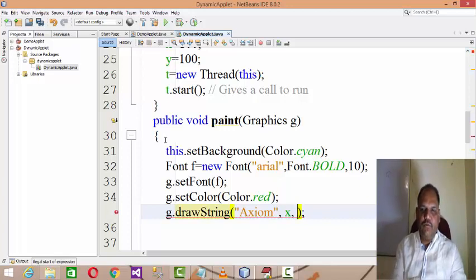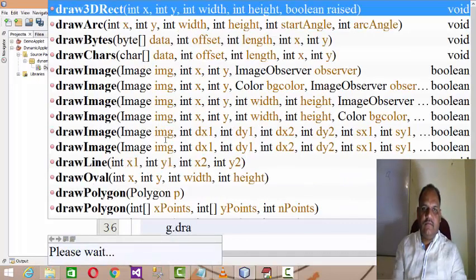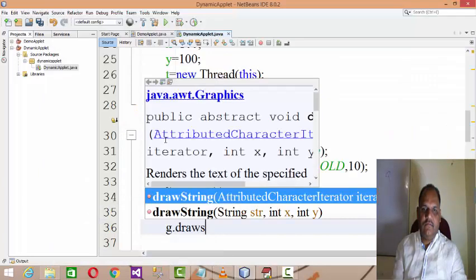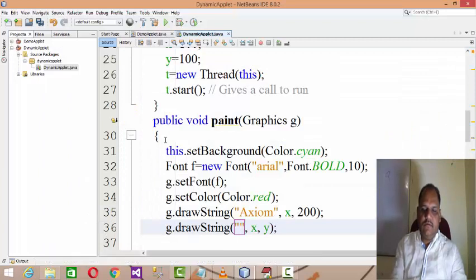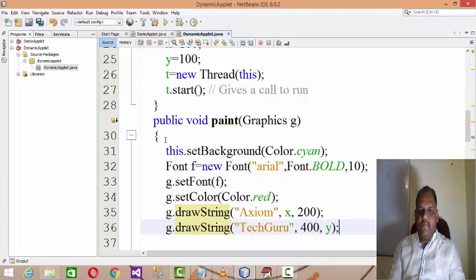Because y will be, let's say, 200, and then g.drawString, Tech Guru. Here we will fix the x, that is 400, and y will vary.